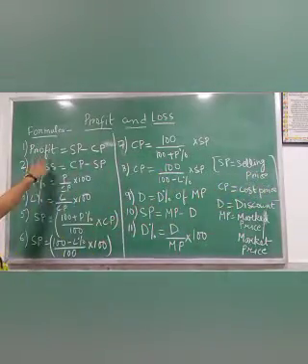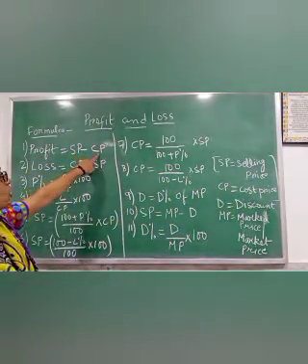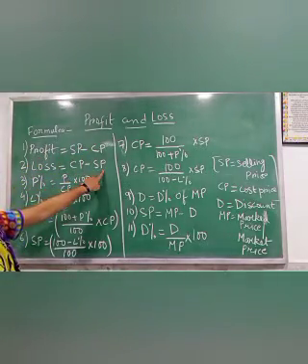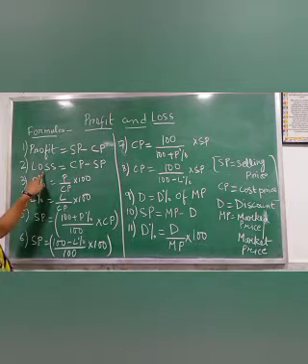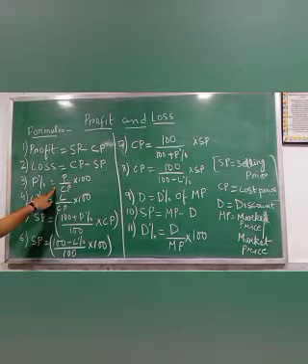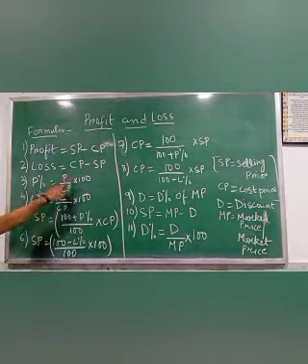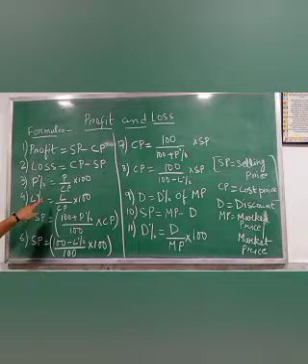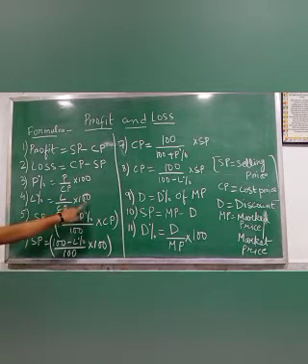Okay. So when selling price is more than the cost price, then you will make profit, and when cost price is more than the selling price, then you will make loss. Okay. Now profit percentage. Profit percentage equals profit by CP into 100. When you know profit and CP, you can just put it and you will get profit percentage. Same thing when you have to find loss percentage. Loss percentage equals loss by CP into 100.